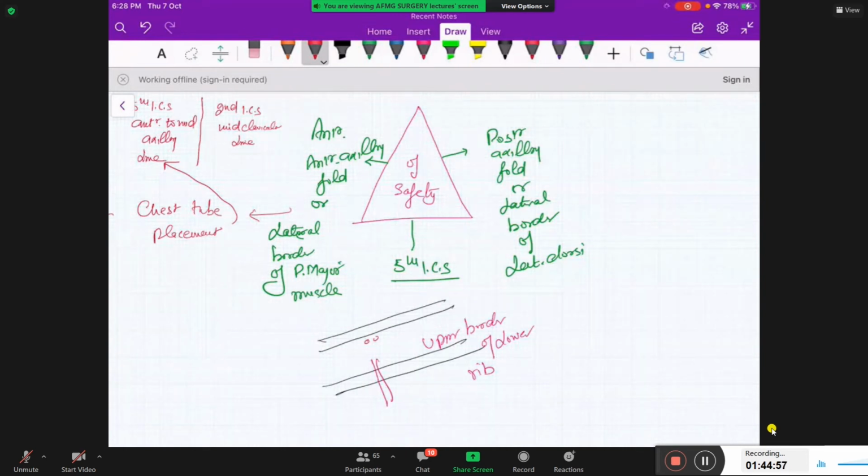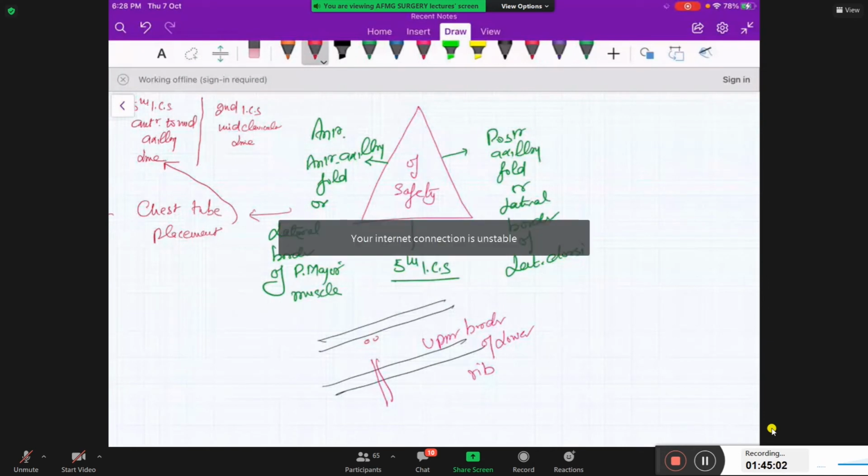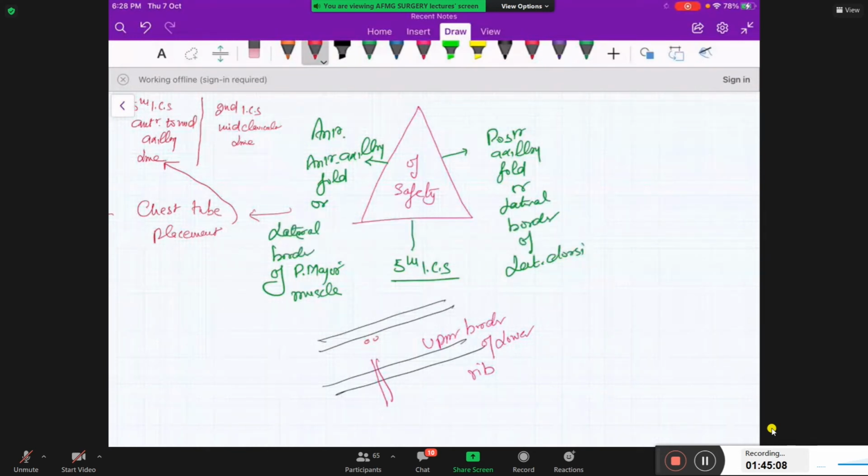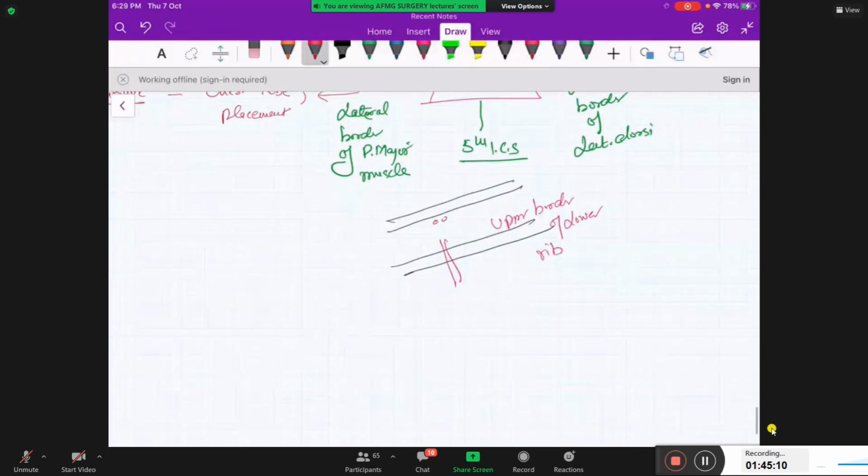If the patient is not speaking and there is a tracheal shift, then we will presume it. Let us move ahead, right? Now, another thing which we have to identify here in the B is